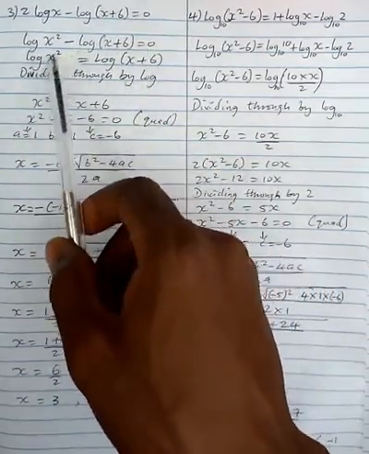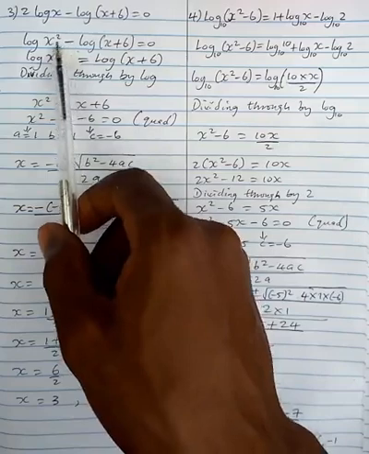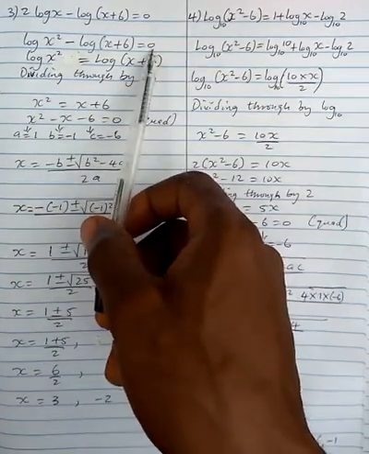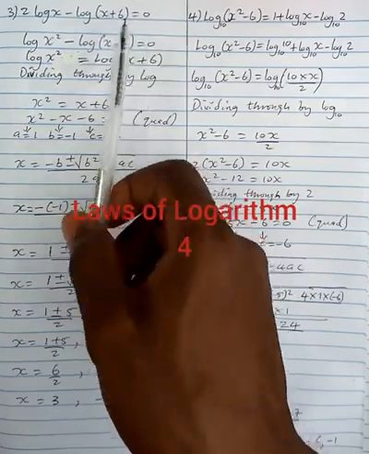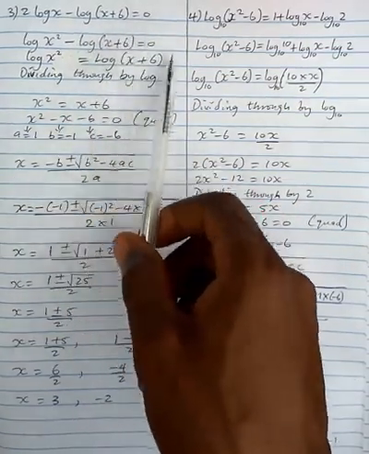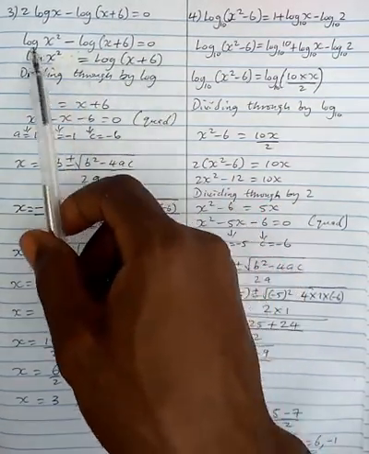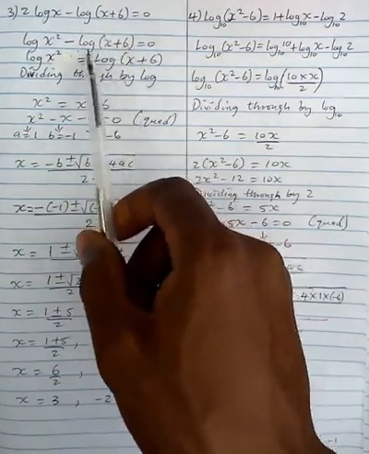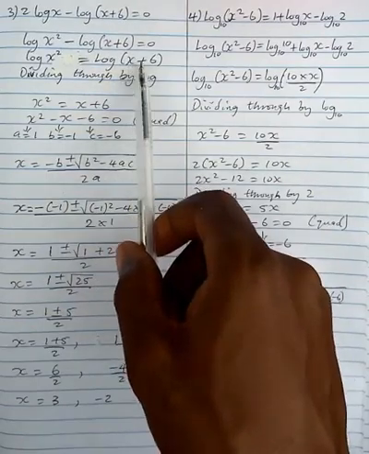But at this point, if you use the division method, as in trying to factor out the log, remember there's no log on this 0 part. So for us to justify this other side, it's better we carry this over to the other side of the equation. Now we have log x squared equals 0 plus log (x plus 6), so the equation becomes log x squared equals log (x plus 6).